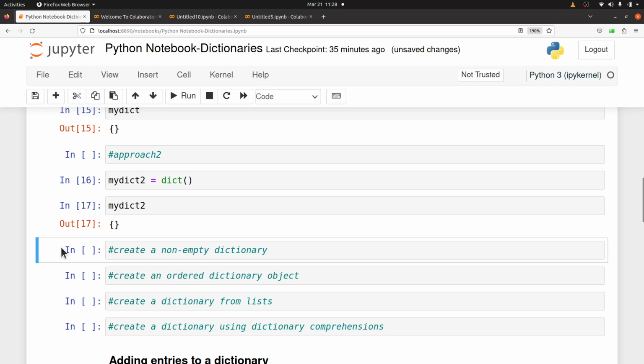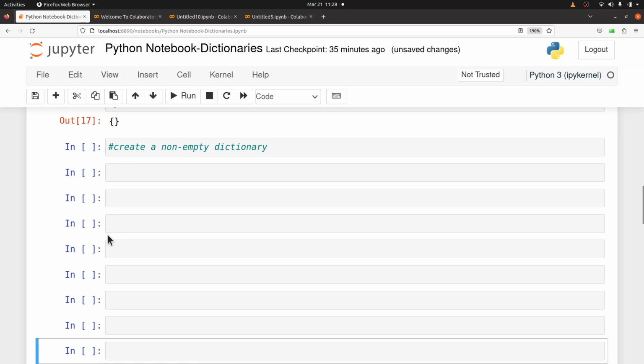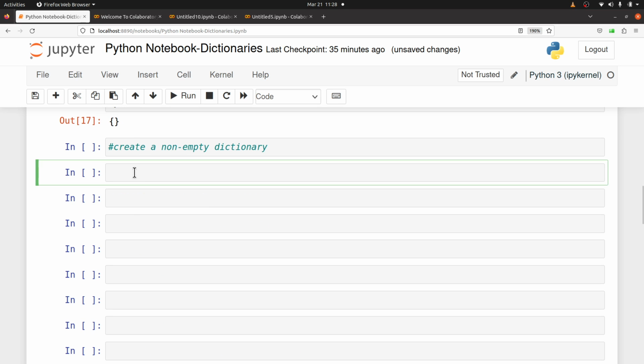So these are the two approaches you can use to create empty dictionaries. Now let's continue. Let's create a non-empty dictionary. Creating a non-empty dictionary means that the dictionary will have some initial values. Let's look at how we will do that now. Perfect. Now let's say we want to create a dictionary that has information for a student. So I can say my info